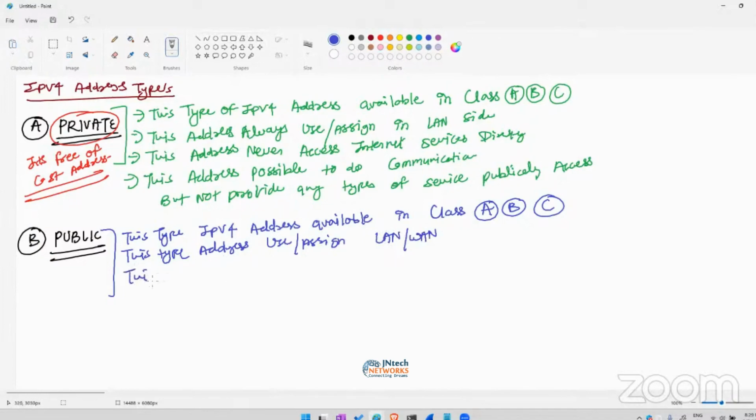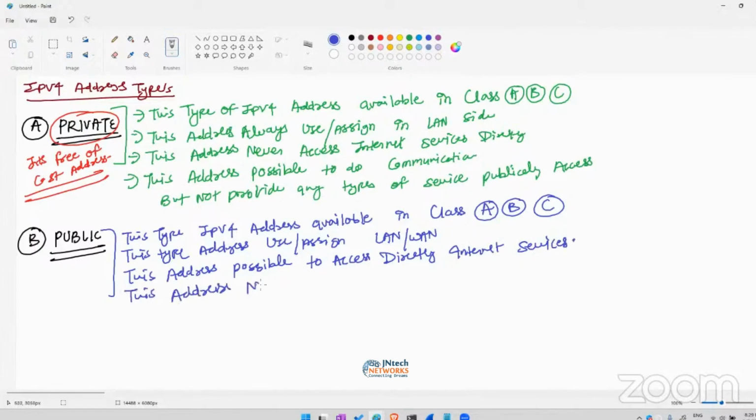One more thing, this address is possible to access internet services directly. One more thing, this address needs to be purchased from ISPs. Clear? Different types of ISPs are available. Now the third type of address,